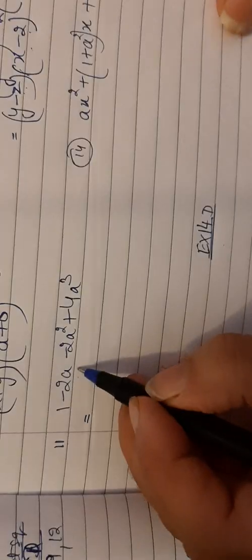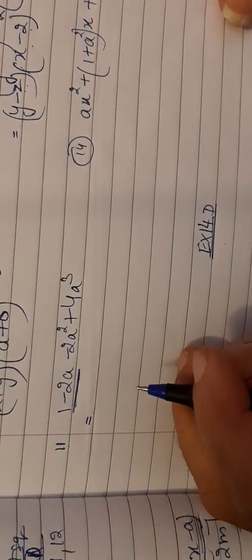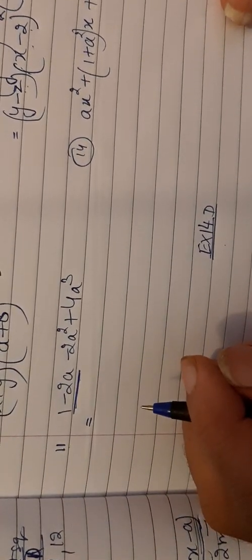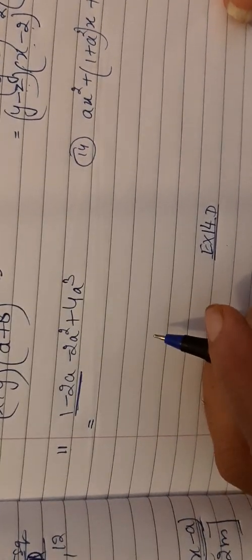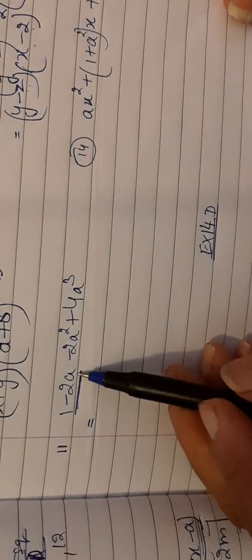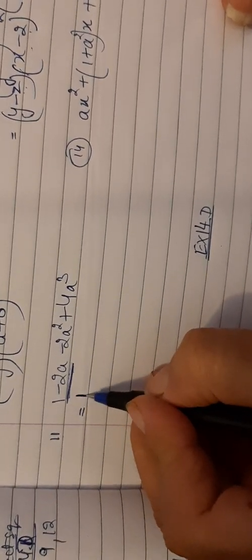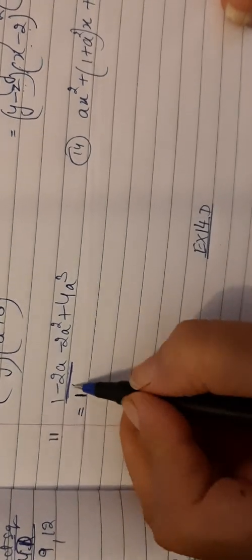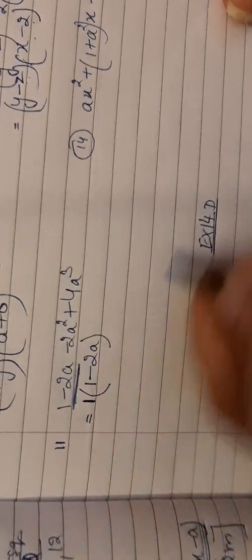Now we are going to take up question 11th. If I see in the first 2 terms, you find that nothing is common. No number is common, no coefficient, no variable, nothing is common. So in that case, when you find no factor common, we take the factor common as 1. So 1 inside the bracket, 1 minus 2a.